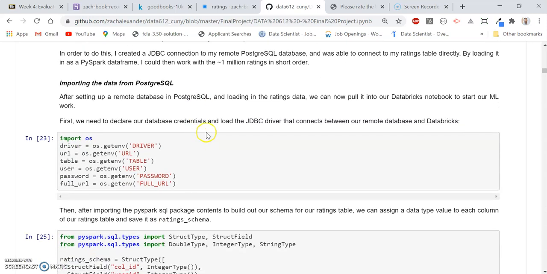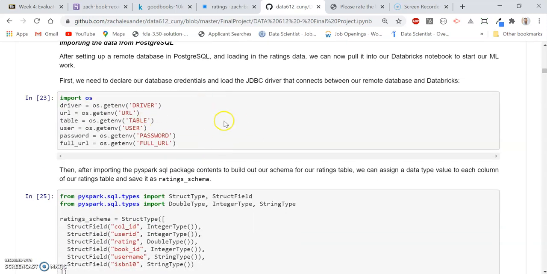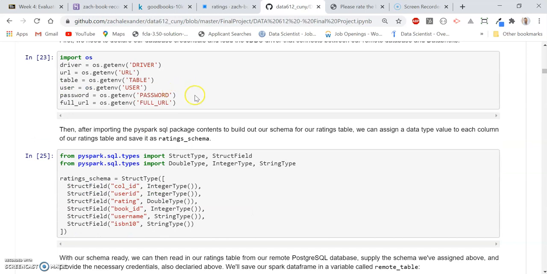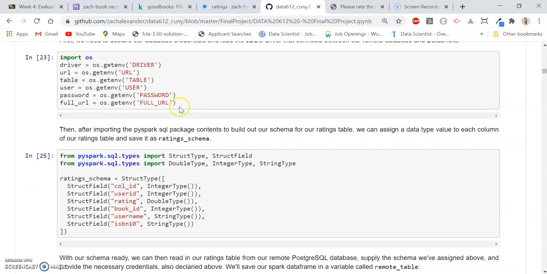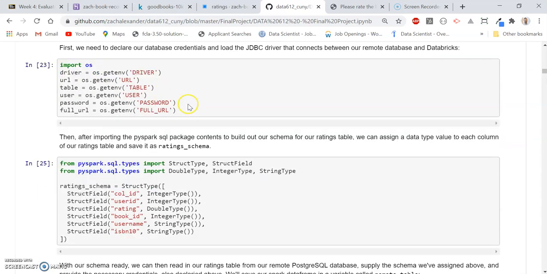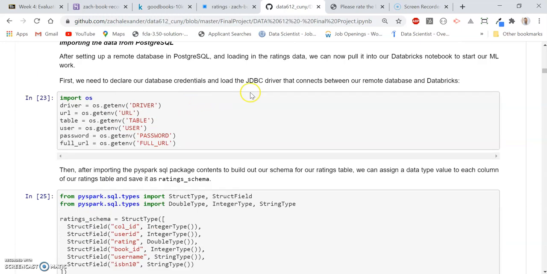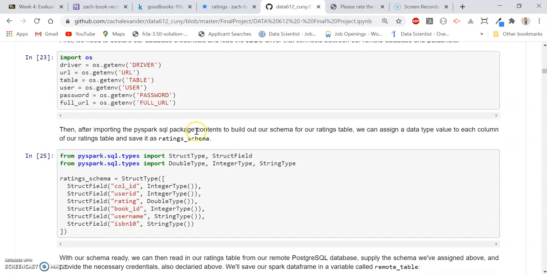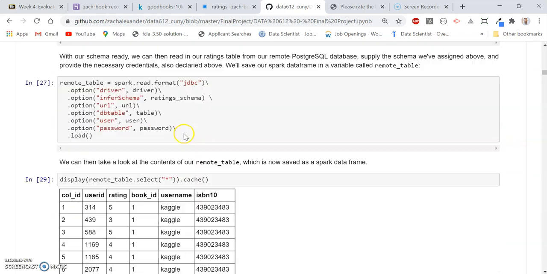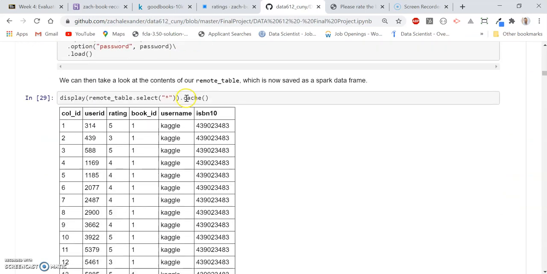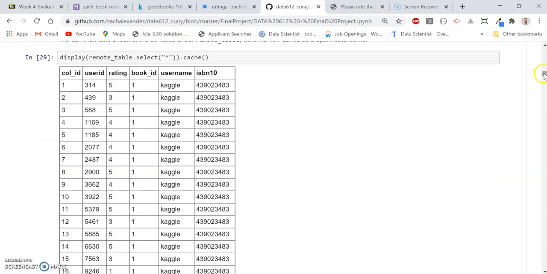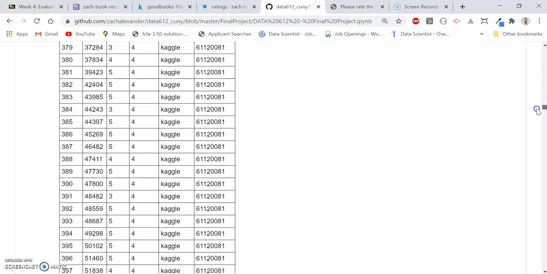And as you can see here, here's the documentation to step through this process. I did a lot of testing, which I'll show here. But first, this is the setup to read in my remote PostgreSQL database from the remote server. I used the JDBC driver to do that. And after using the credentials, I was able to then feed the ratings data set into a remote table. And then you can see here, I cached it to help with some of the processing